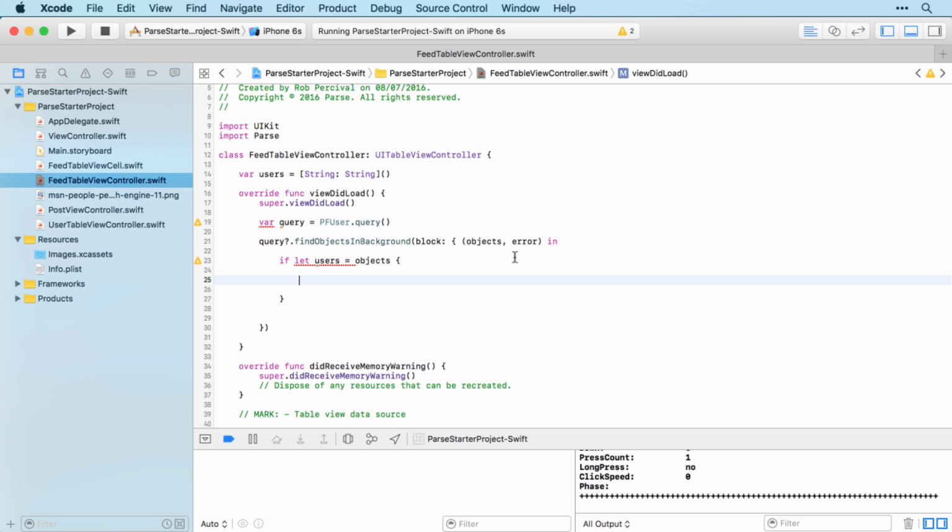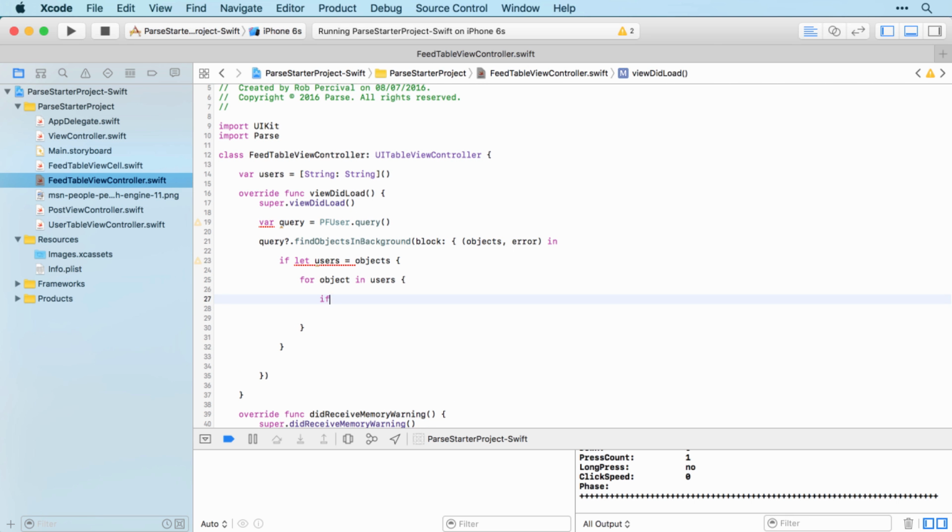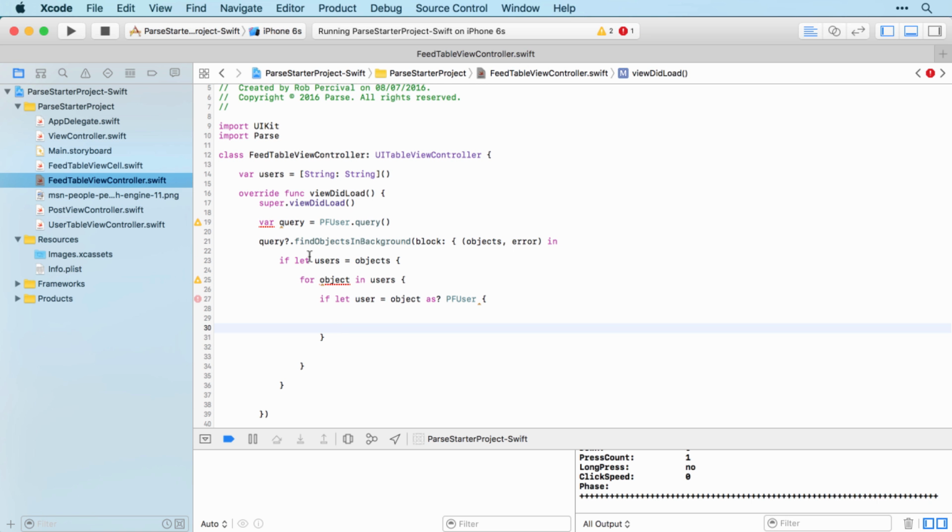So then we're going to loop through. So we're going to look for objects in users, and then for each object we're going to attempt to create a user out of it by casting it to a PFUser. So just to reiterate, we've got our objects, which is an array of objects, and we're then going to attempt to loop through that, and for each item in that array we're going to attempt to cast it to a PFUser. And if we're successful,